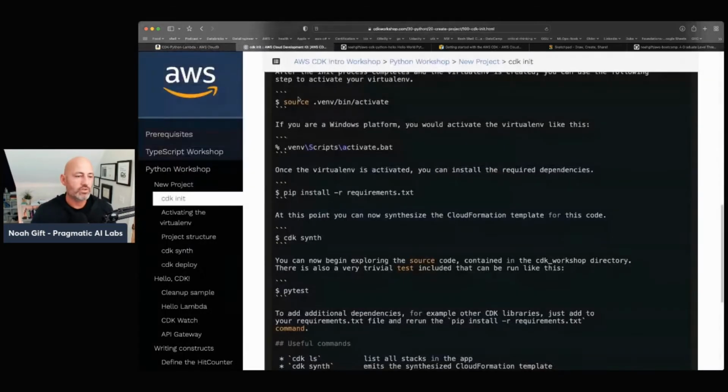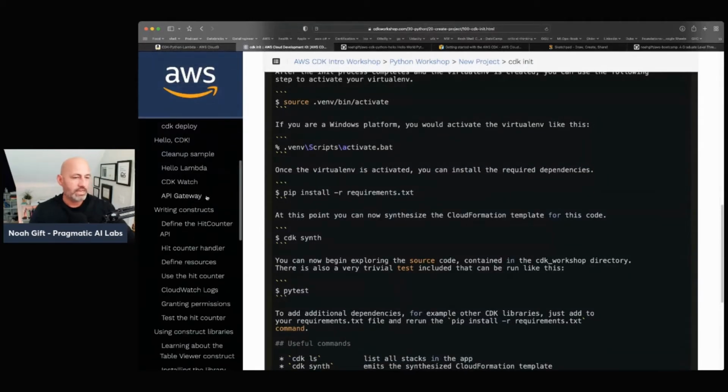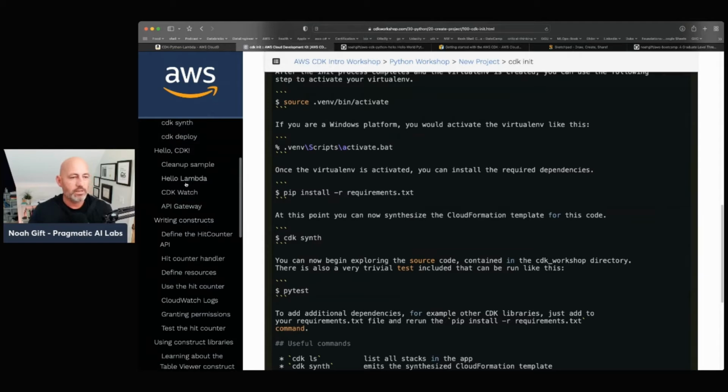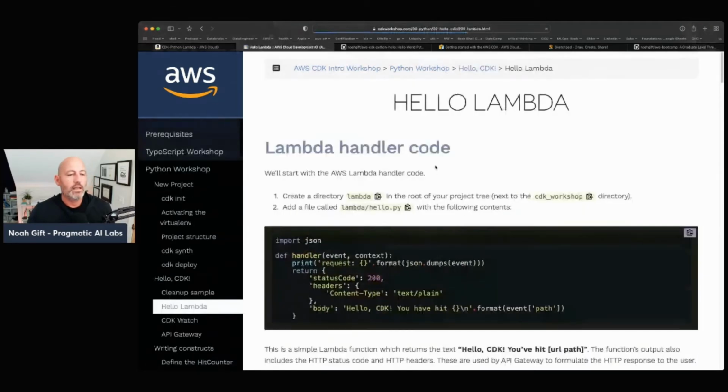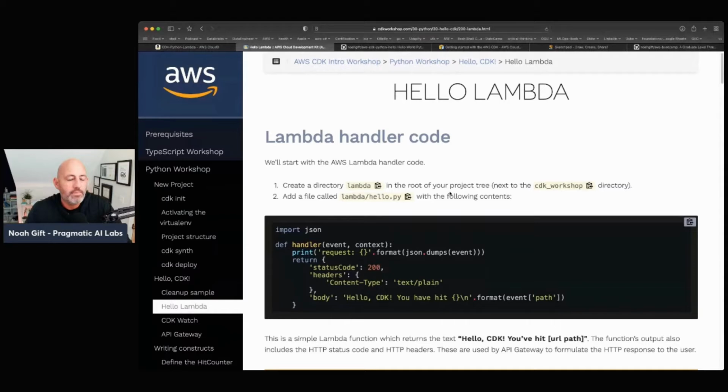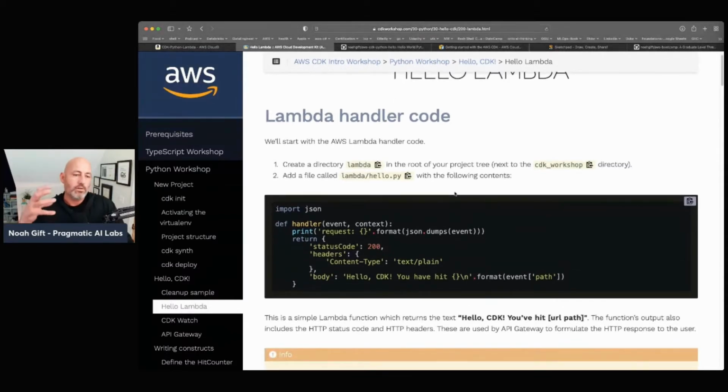All I need to do is scroll down to one of these sections. And if you wanted to do this on your own, you could go through any of these examples, but I'm going to just pick the Hello World Lambda. I'm a huge fan of writing Lambda functions because they're a piece of code that you can run in response to an event. That's really what an AWS Lambda is.